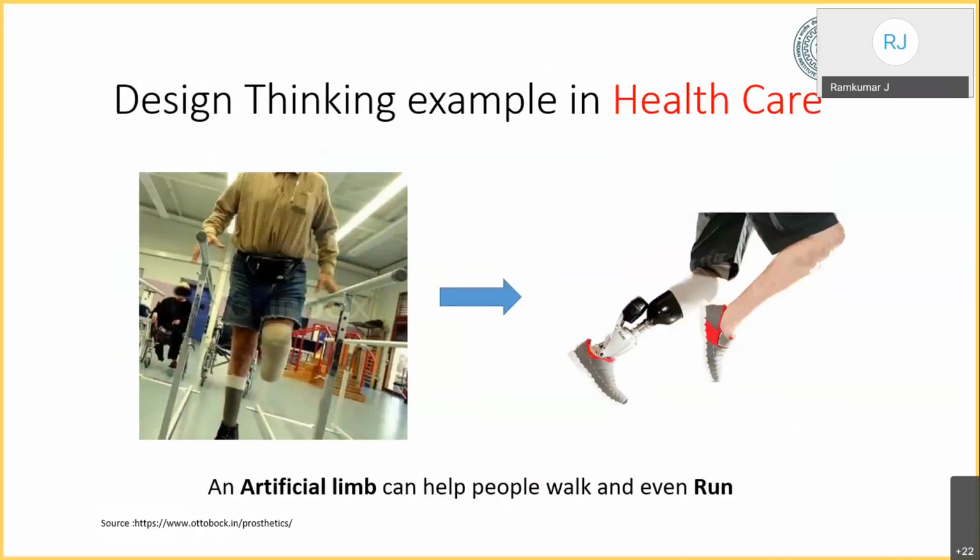This is the other product. An artificial limb was developed. So they made a bionic boot. This bionic boot is given to a physically disabled person who has artificial limbs. So it is given to him. So they did the entire exercise.